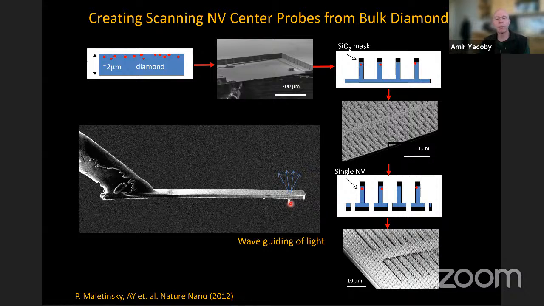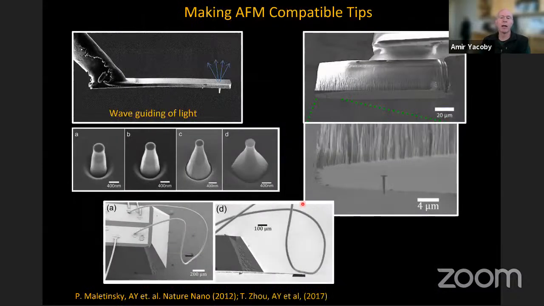So the role of the pillar here is twofold. One is to have a single defect sitting really at the apex, 10 nanometers away from the surface. And the other is to guide the light out. The amount of light that we can collect from this defect will eventually determine the signal to noise and the performance of this tip. Whereas these were the original generation of our cantilevers, currently we're working with much bulkier cantilevers